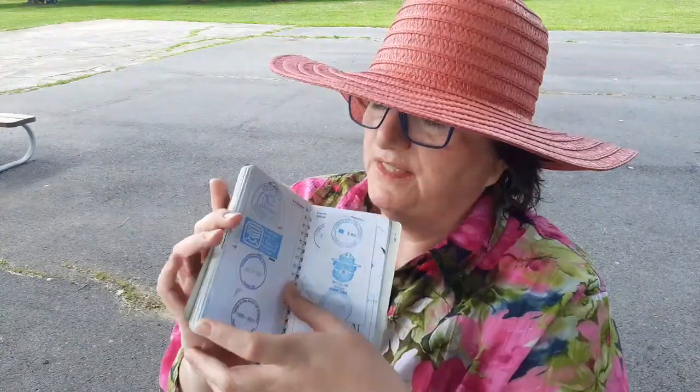In another way. Like when I went to Alaska last time, I couldn't find my book. Had no idea where it was, but I didn't want to miss out getting stamps. So they had these little sheets of paper, and they could stamp those, and I just stapled them into my book later. So it gives you a great record,